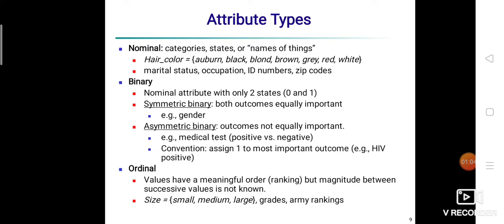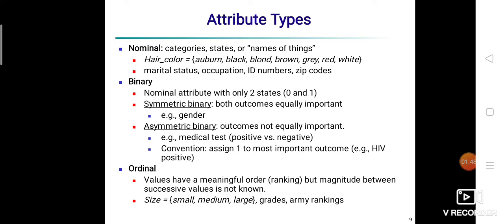For example, gender with male and female. I can denote 0 to male and 1 for female, but this 0 and 1 don't have any numeric significance. They are just labels and nothing else. Another example can be your hair colors, like black, brown, gray and others. We can associate some numbers with these hair colors, but those numbers have nothing to do with the order or the numeric significance. Such types of attributes are known as your nominal or categorical attributes.